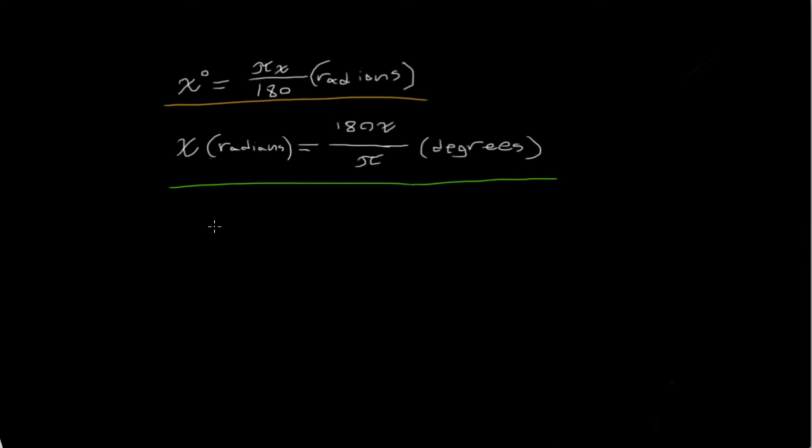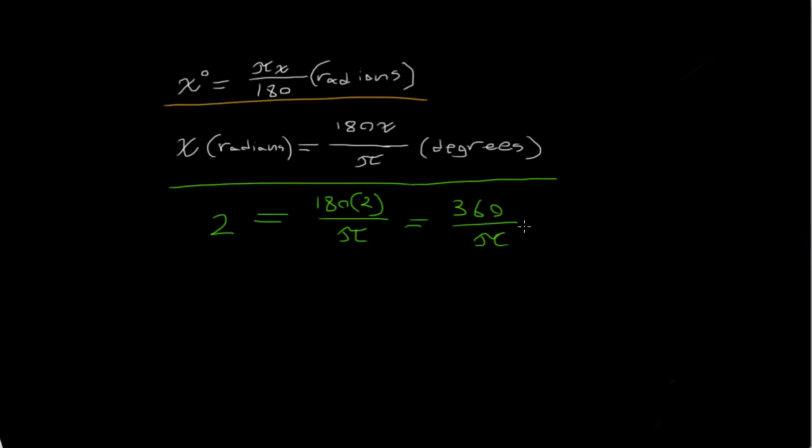So let's say we have 2 radians. 2 is our x, is equal to, in radians. These parentheses just mean it's in radians or it's in degrees. They're not actual things we were multiplying by. Gave my pi another hat. Is equal to 180 times 2 over pi. And this is easy enough to solve. It's equal to 360 over pi,